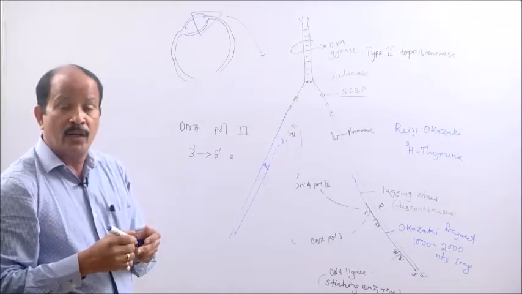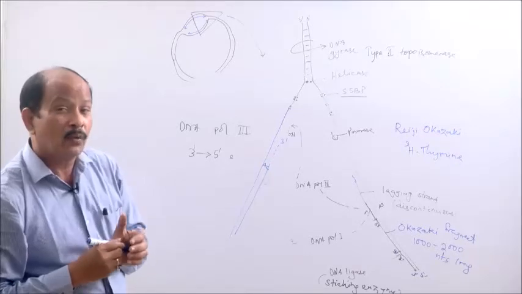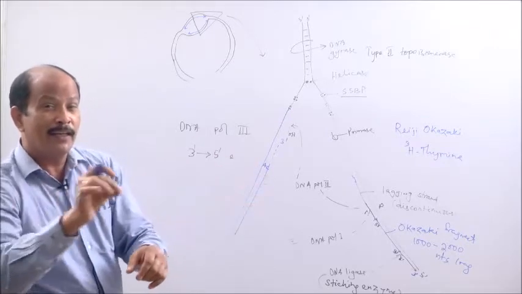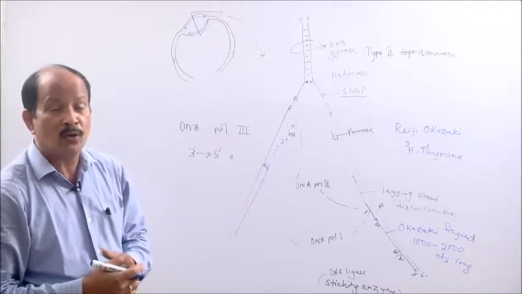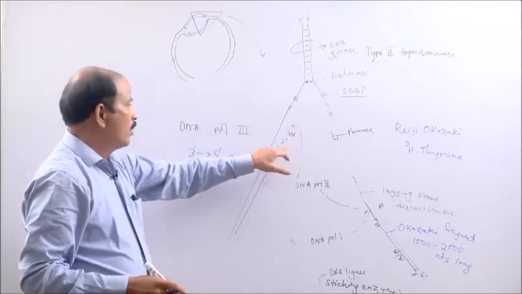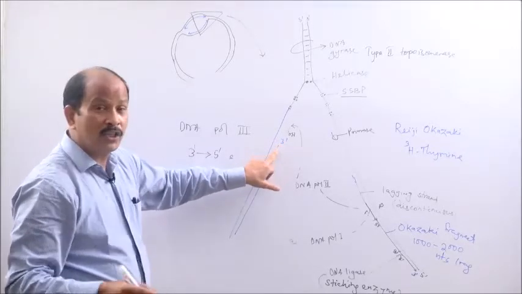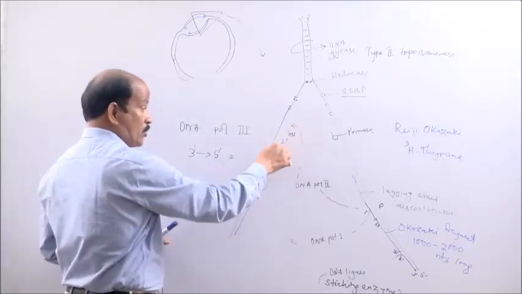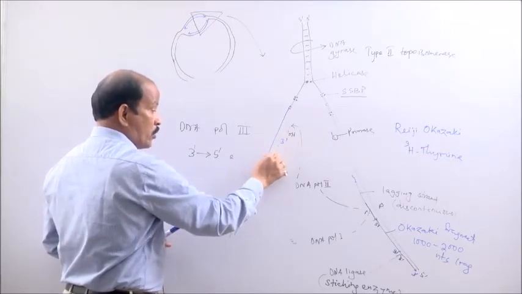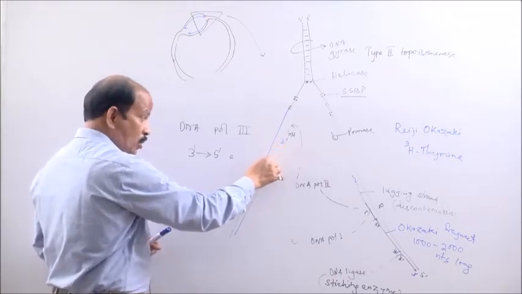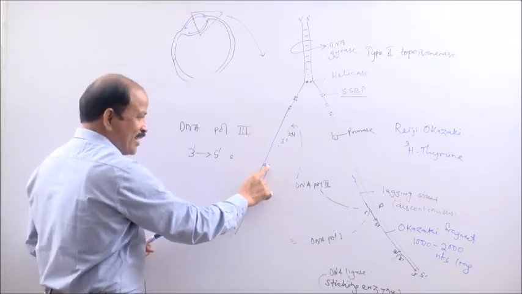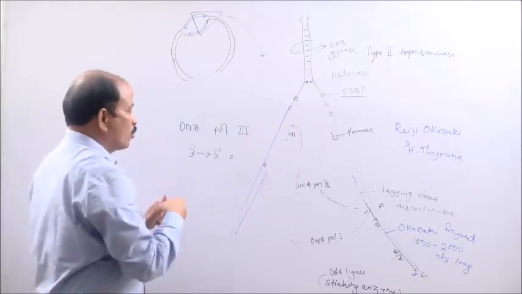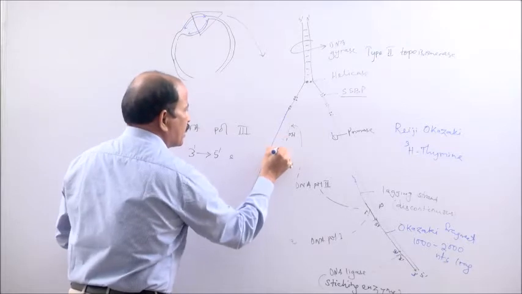Because a wrong base was incorporated in the nascent strand, so that was a mistake. As we correct our exam papers by rereading, and we delete the portions which are not necessary or wrong ones, similarly, the wrong bases incorporated in the new strand must be removed. So that's why this DNA polymerase removes the bases from one end, that is the 3' end, comes back, and ultimately this C is removed. The wrong base is removed, and again the correct base is incorporated, and again it goes.